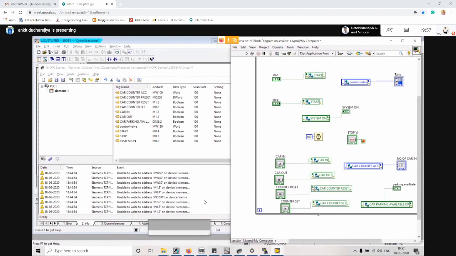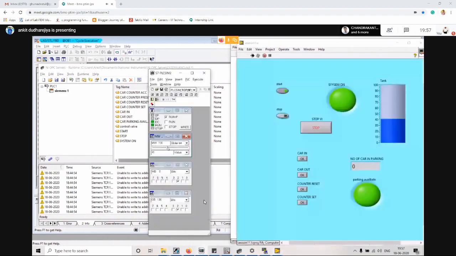Now let me change the value. You can see the 41 here, also you can see the 41% is filled. So right now I'm doing it manually, but similarly you can create a program code in your PLC, and that output will be controlled by PLC automatically, and that output value we will give into this tank. So accordingly your tank is going to be filled like this. So that's how you can create your PLC logic, then you will add all these tags in the OPC server, and later on you can design or code in LabVIEW.